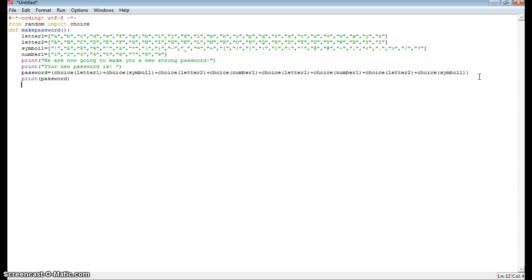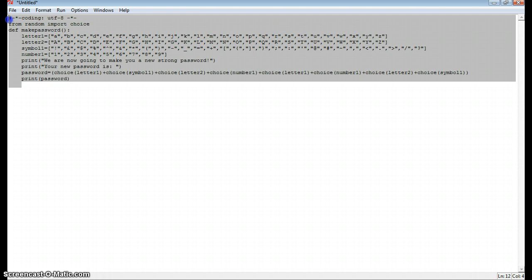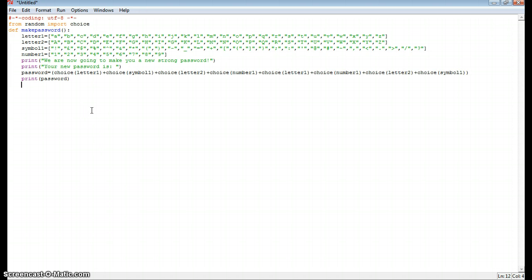Then we're going to add more functionality. What we want our program to do is write whatever password is created here to a text file, to wherever the program is stored. So to do this, we're going to be using if and else statements and raw inputs from the user. So we want to define a variable called decision equals, and then this will be a new function to you, and it's raw underscore input, and then